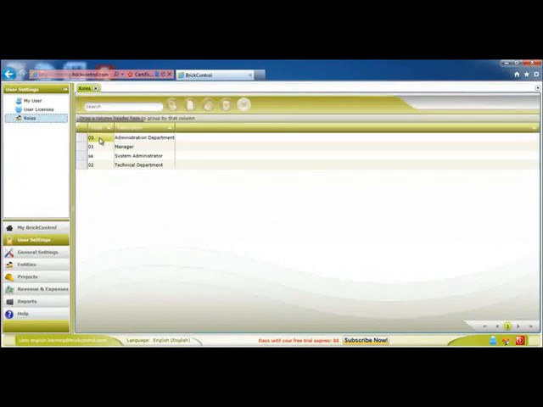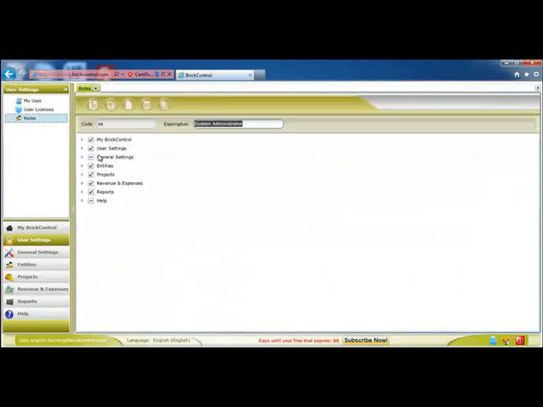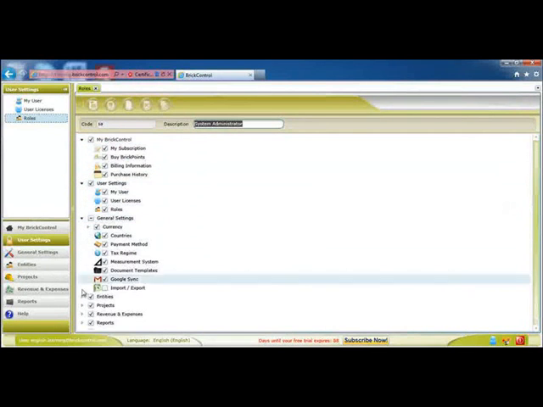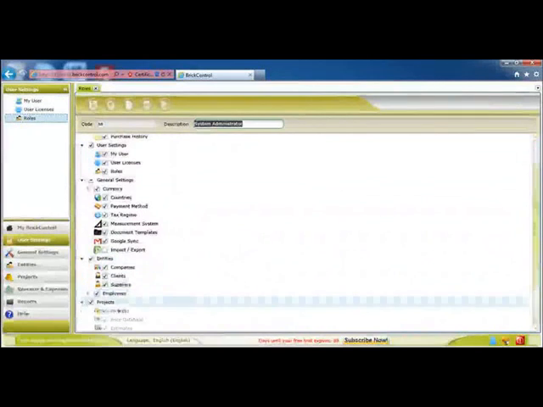So there you have it, BrickControl, a new way of managing your projects in a very effective way, saving time and money. Try it now